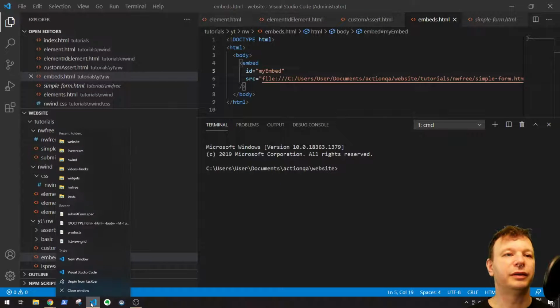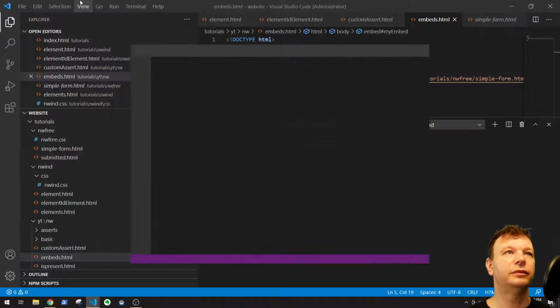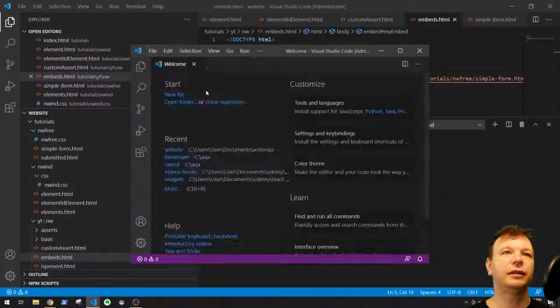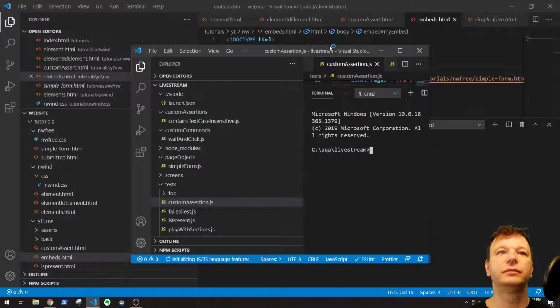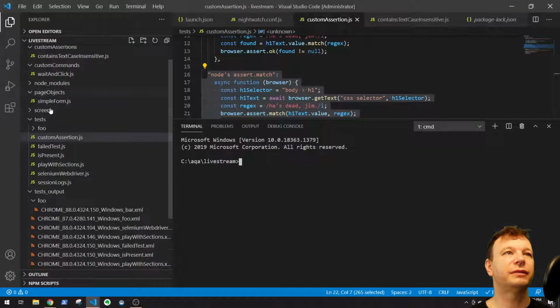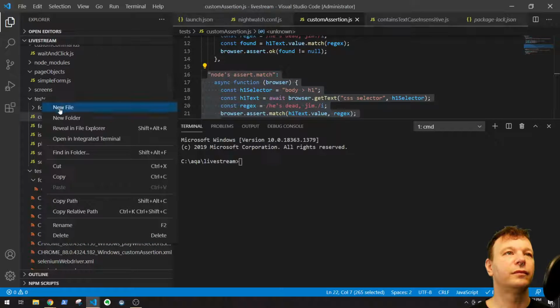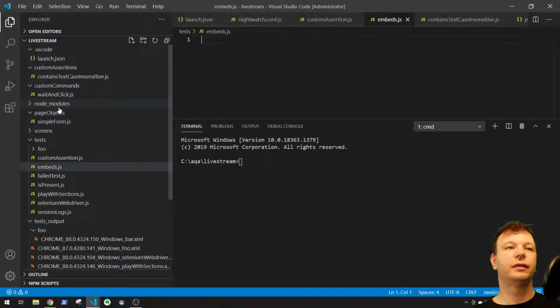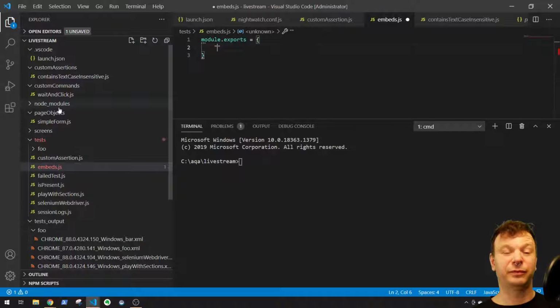I'm going to open up my other Visual Code here. Let's see. New window. File. Recent. Oh yeah, I got all my live stream stuff here, all this stuff set up. So I'm going to create a new test, Embed.js. Then do the typical Nightwatch stuff. module.exports equals. The name of the test is going to be